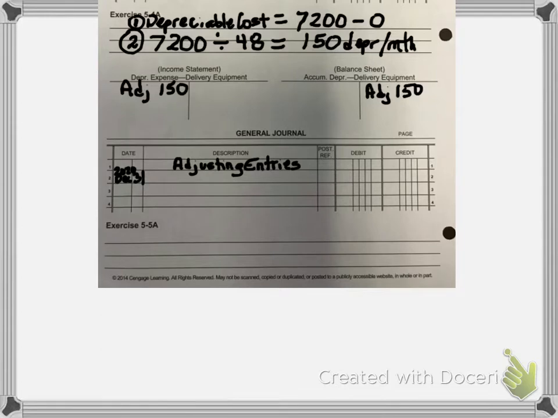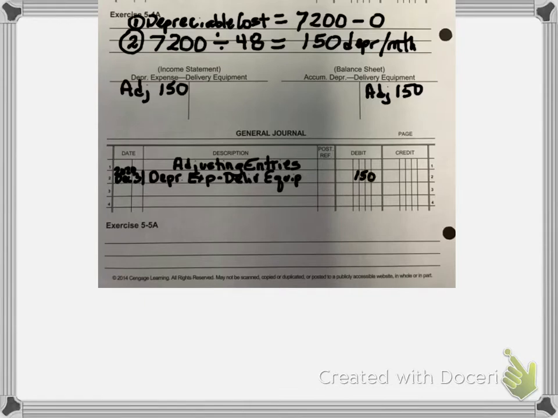We are going to debit, and I'm going to have to abbreviate here because I can't write small enough with this computer. So we're going to debit depreciation expense, delivery equipment for